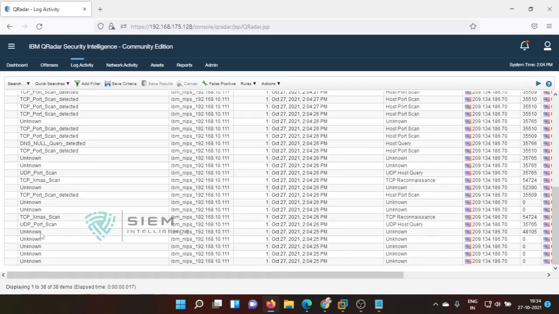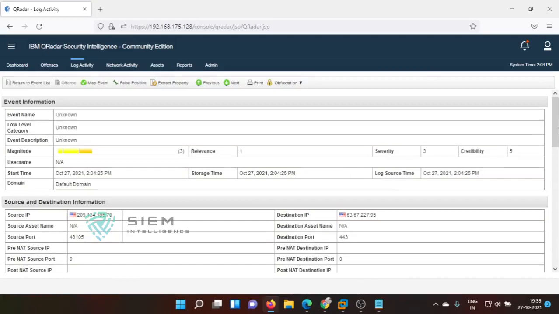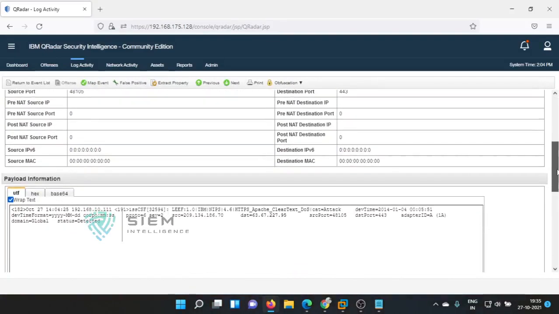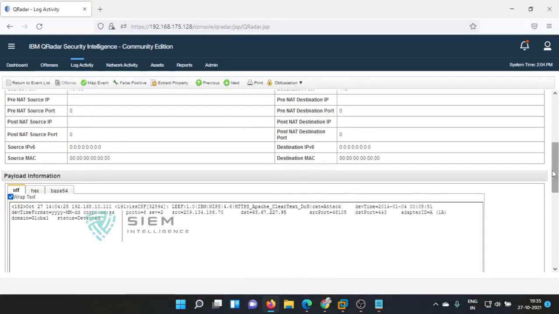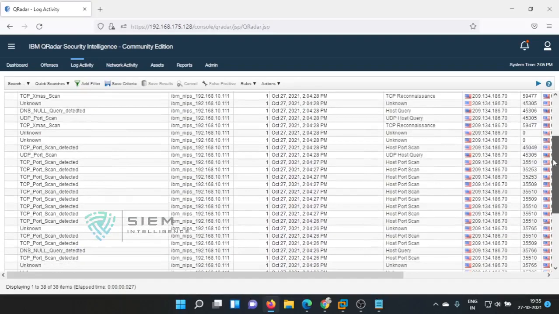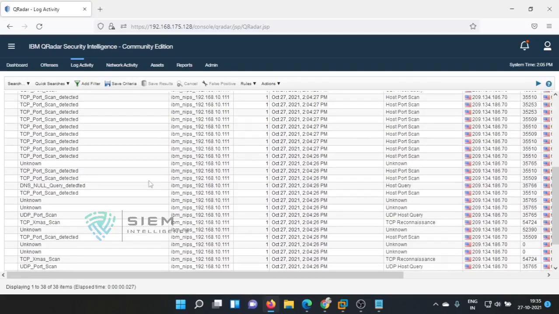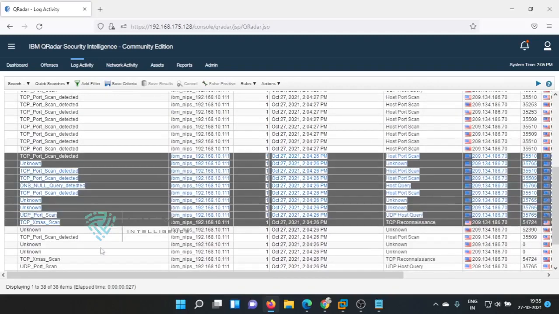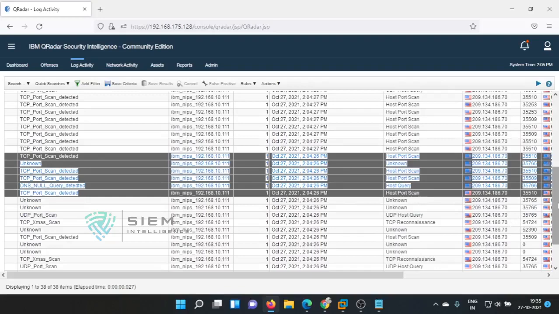See, if you want to know what this is, it is unknown. Now this is a combination. See, what is this? This is an HTTP Apache Clear Text DOS. See, here it is giving exactly. So now you want to map over a period of time. You are still getting events. See, it has now started mapping, and once you have done most of the things,